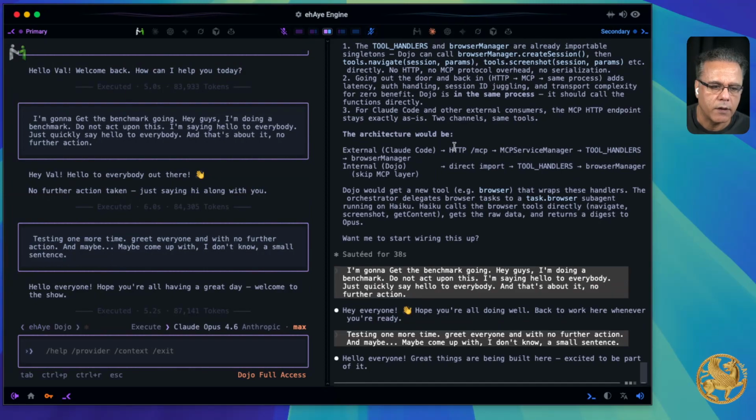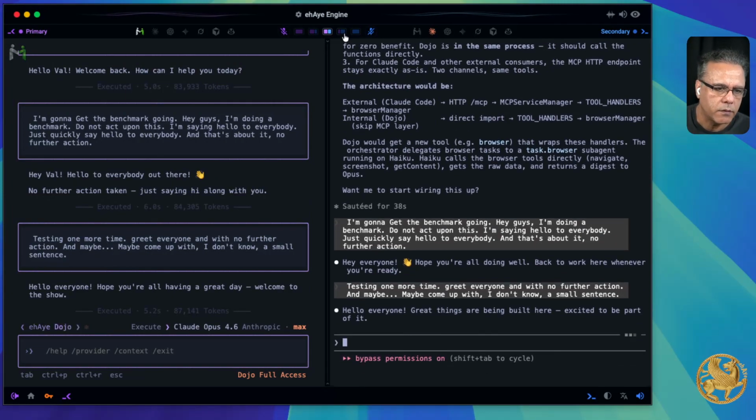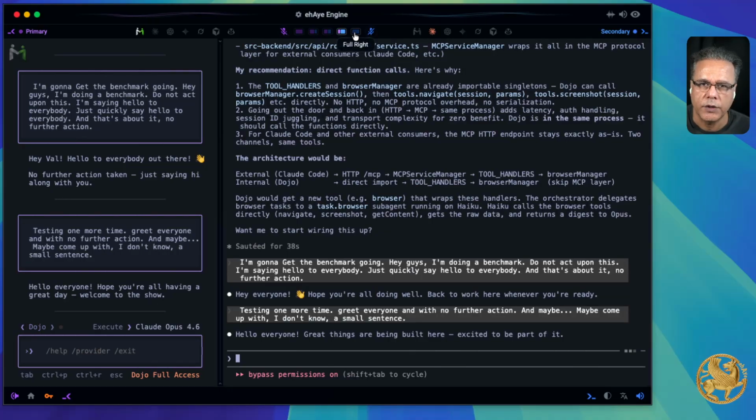We're in the middle of some work, and we're going to talk to Claude Code and continue. We do have MCP, MCP for everybody else. It's built in. It has the headless browser. It's got the whole shebang, 52 tools, and less than 1K of context is going to be consumed because the tools are all behind a session and a proxy. ehAye knows how to ask the proxy for the list of tools and then run each tool through a runner command. This way, 25 to 30K of context has been reduced to 1K.